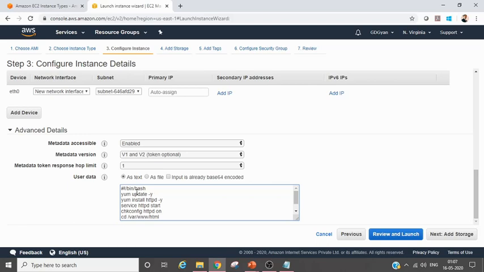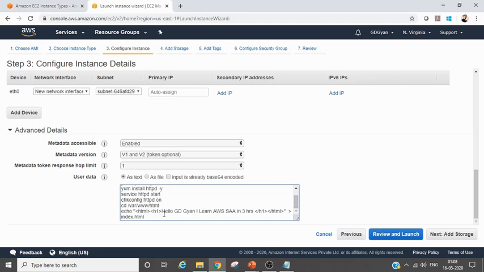Then I'm doing a yum update, which means I'm updating the operating system with the latest patches, then installing Apache and starting the Apache service. Then I'm enabling the Apache service config so that even if my EC2 instance gets restarted, it should be on. I'm going to the path /var/www/html, and there I created a simple HTML index.html file: Hello GD Gyan, learn AWS SAA in 3 hours.